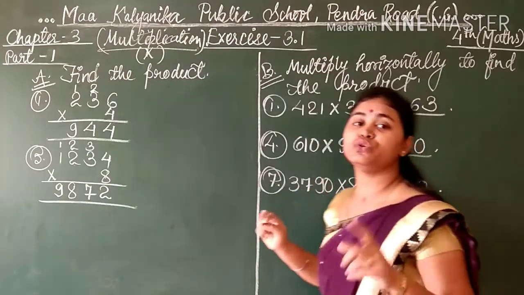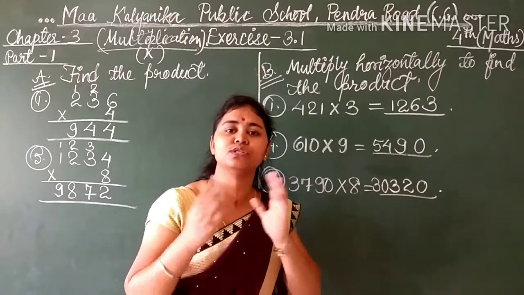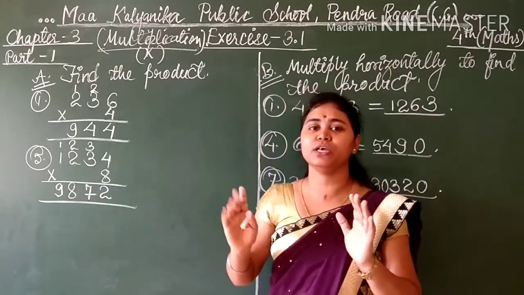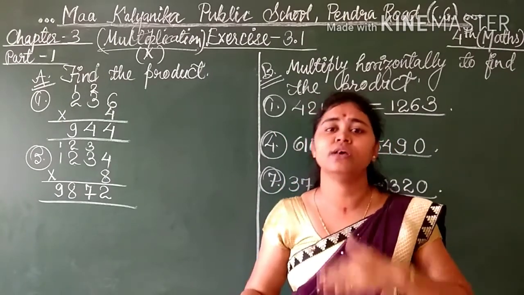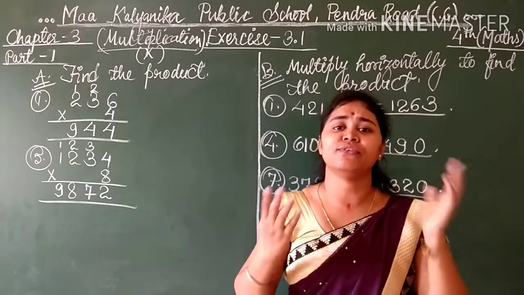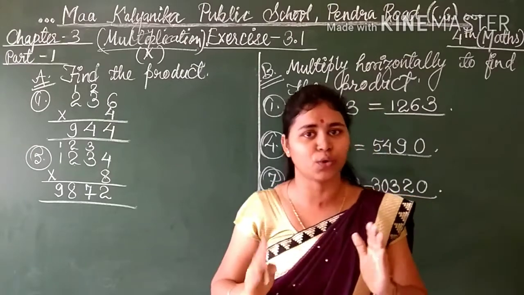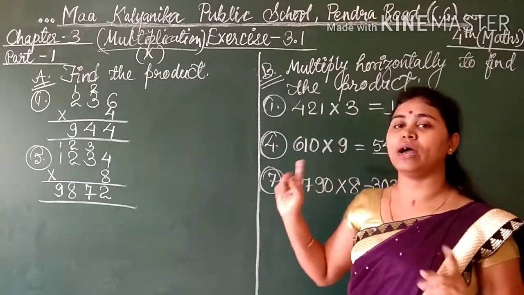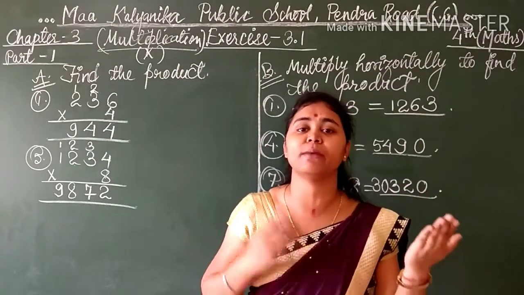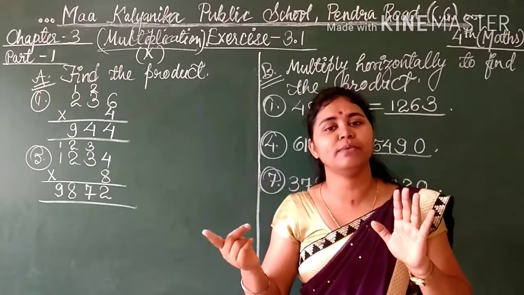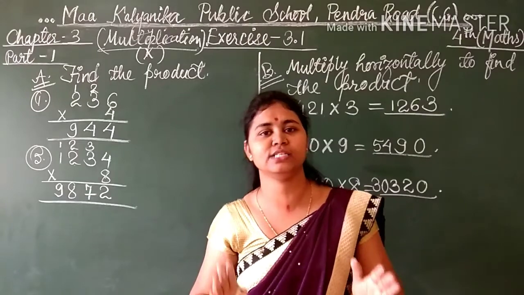So for this you should know the rules of multiplication also. See students, I am telling you the rules, okay. If you multiply any number with 0, the answer is 0. Like 3 zeros are 0, 4 zeros are 0, 500 multiplied by 0 is 0. And if any number is multiplied by 1, the answer is the number itself. Number itself means 5 multiplied by 1 means 5 ones are 5. Like that 500 multiplied by 1 is 500.